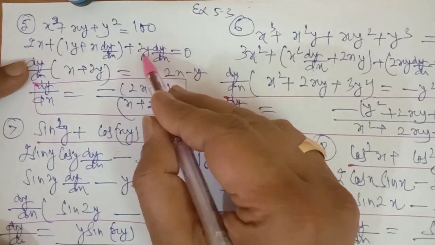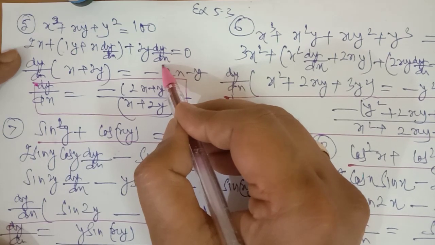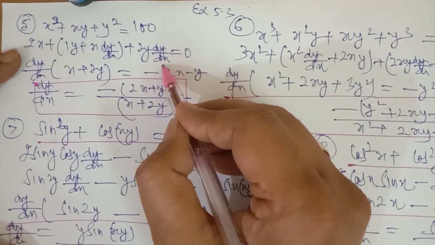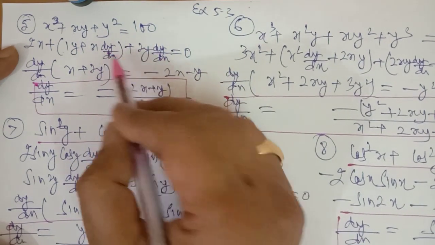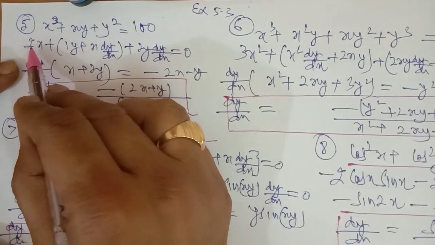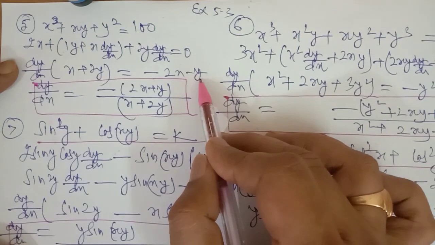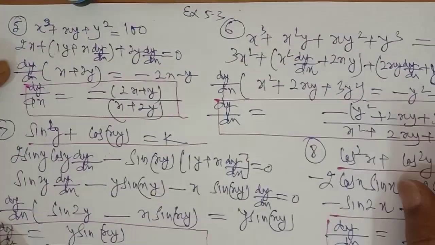Now the derivative of y square is 2y, and we put dy dx with it, because whenever we differentiate y we multiply with dy dx, since we are differentiating y with respect to x. So we are getting dy dx 2 times. Take 2 dy dx common in this term and this term. We are getting x and 2y, and take the remaining terms to the right hand side, minus 2x minus y. So dy dx is equal to minus 2x minus y upon x plus 2y.